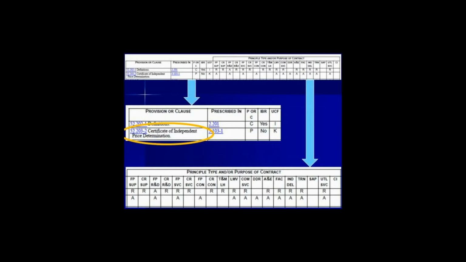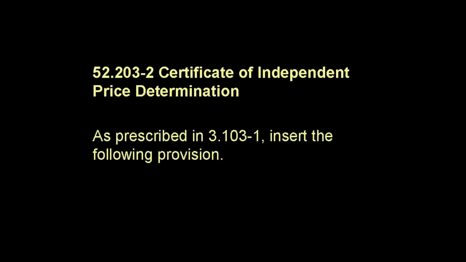And one piece is the provision or clause. This gives you the number of that provision or clause, like the 52.203-2 is Certificate of Independent Price Determination. And then you have prescribed in, and it's 3.103-1. And in, if you have downloaded the PDF form of the FAR, you can see that those numbers are